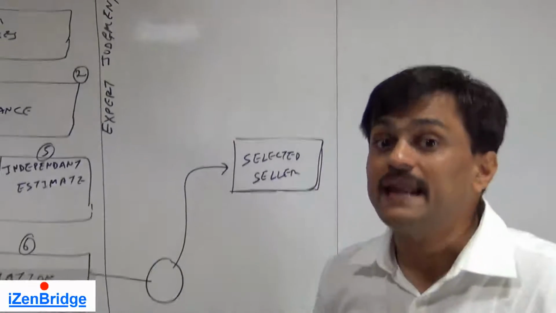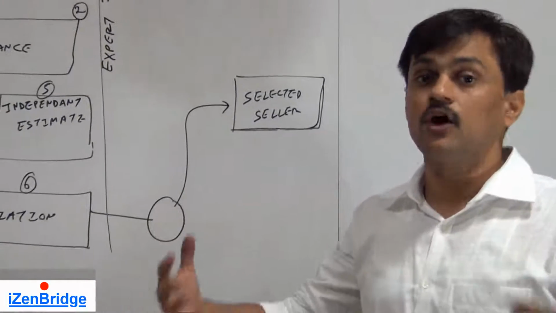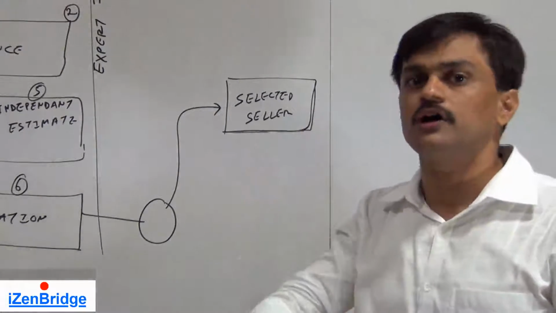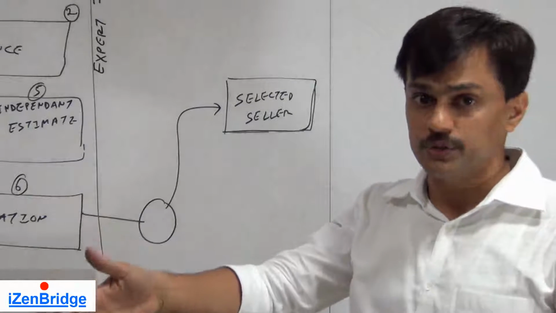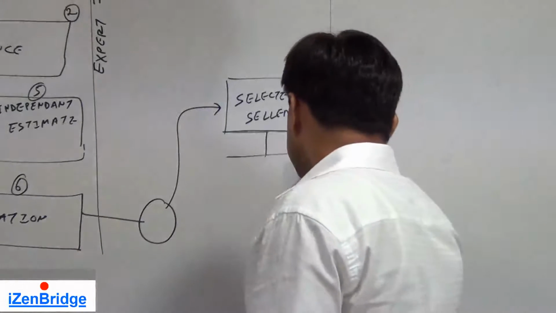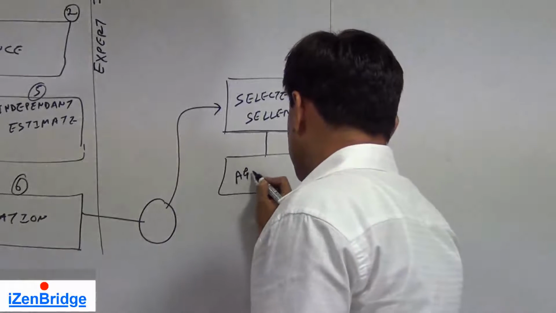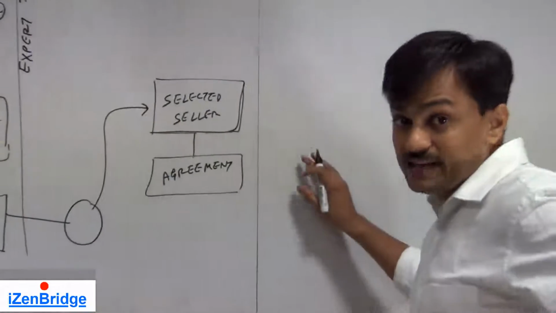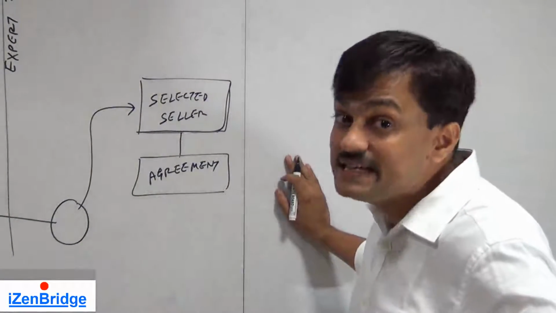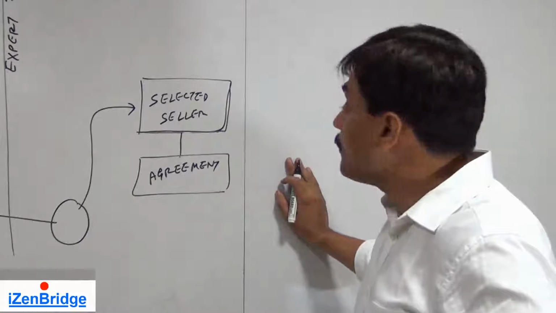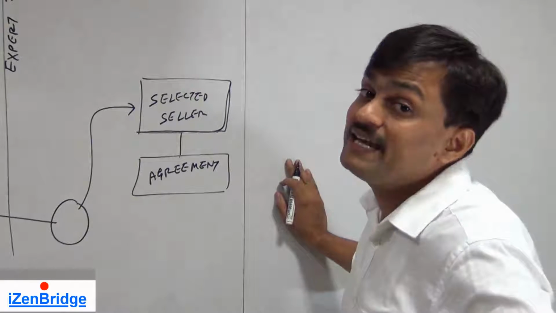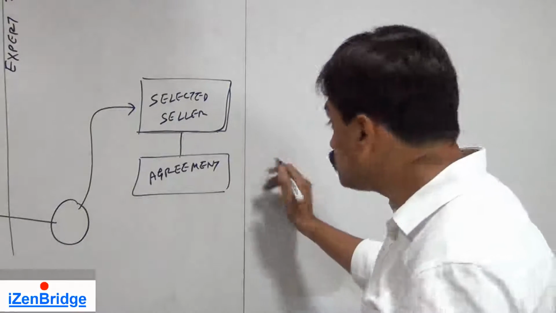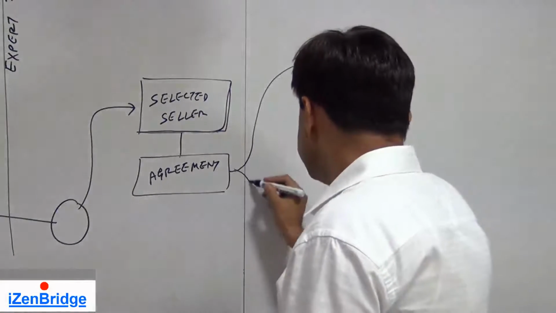Now we need to go for an agreement. We have identified the seller. Now we need to get into contract. So agreement, which is a term which may be a contract, may be a purchase order, may be another name which may get used in your organization. So second output after selecting a seller is we get into agreement. Now this agreement is a legal document and a binding document or a defining document of a relationship between seller and buyer. So this should have good amount of details.